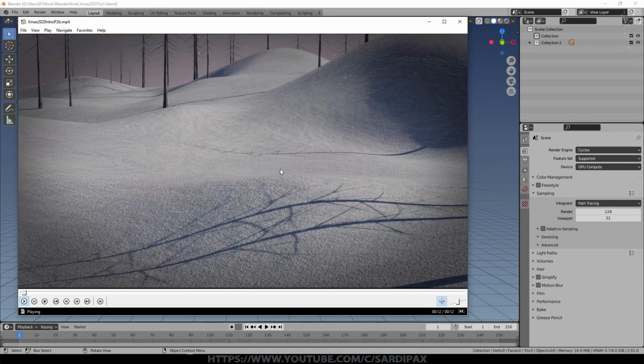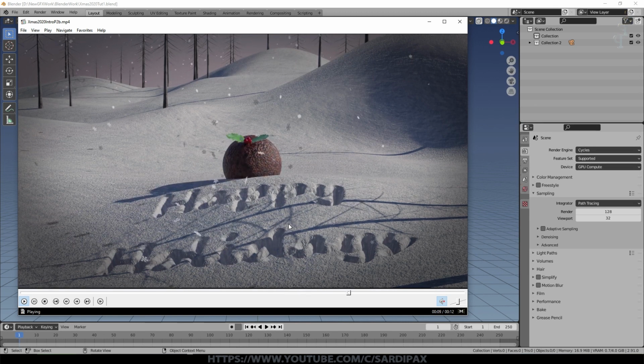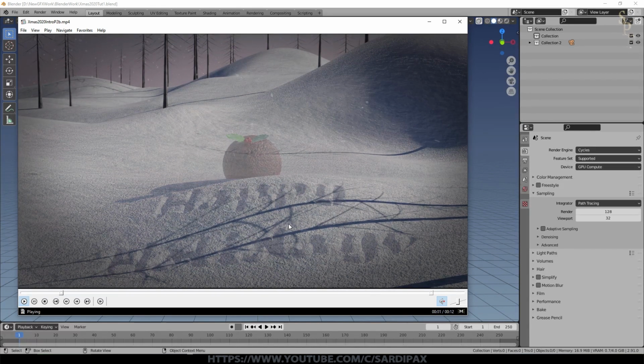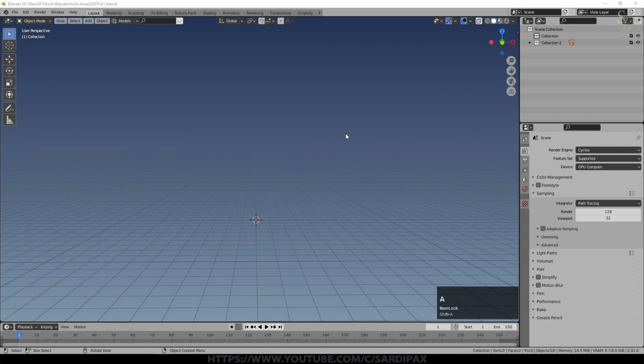pudding that drops down the back, and you can also see we've got some snow, some trees, and there's a little wobble on the camera as the Christmas pudding, which is obviously very heavy, lands on the ground. And we've got a snow texture on the ground as well. So to begin with, we'll create our landscape.